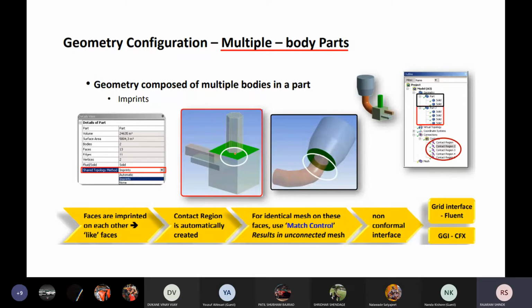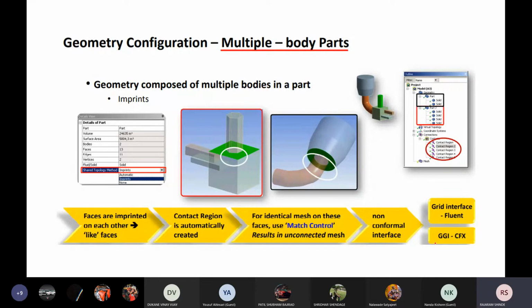That common surface is used for dividing the surface of the big body. Now a contact region is automatically created, and for an identical mesh on these faces use match control. Otherwise you will get an unconnected mesh, a non-conformal interface. Here you will get a grid interface in Fluent and GGI in CFX.